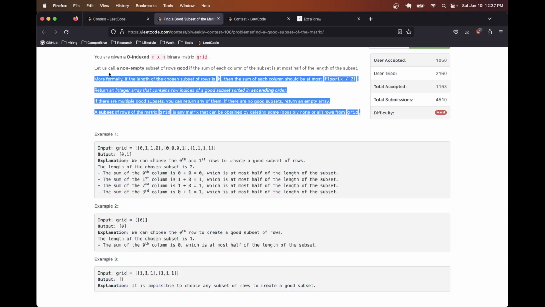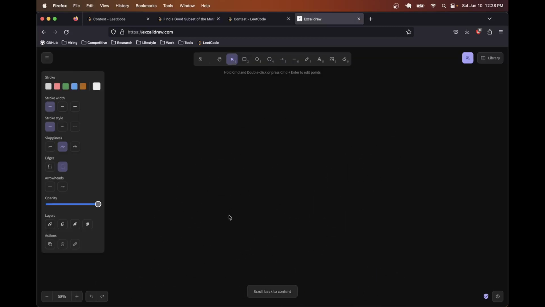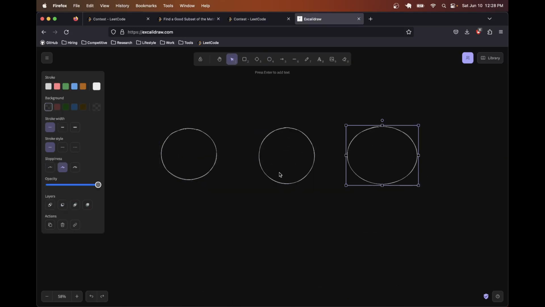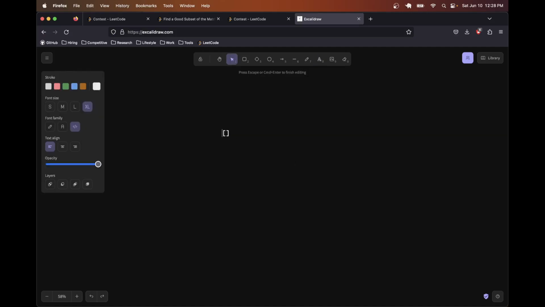But the point is, there is this quality of monotonicity, as in if a subset of length K works, a subset of length K minus 1 would also work, all the way down to 2. And kind of what that comes down to is this proof that it's a little shaky in my head. I think there's 4 or 5 different ways to phrase it, but I'm just going to write it with text. If you have this as your grid and these are all your rows,